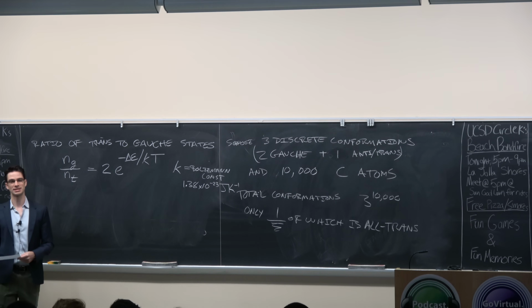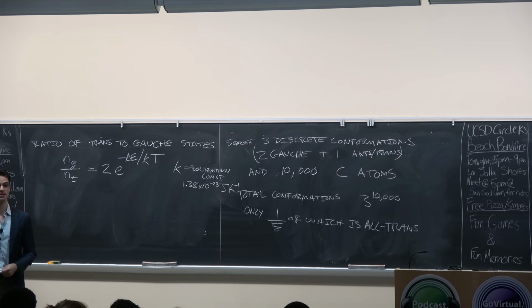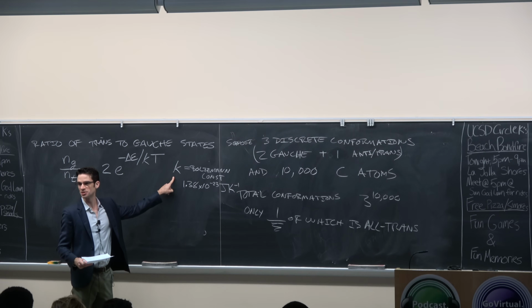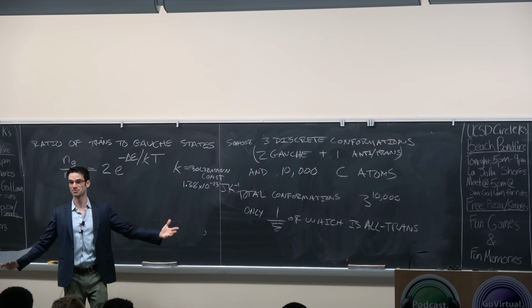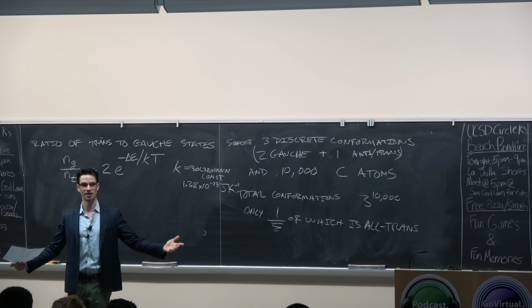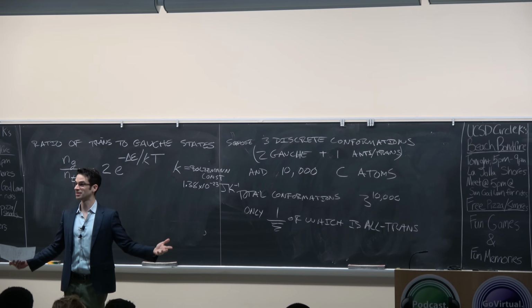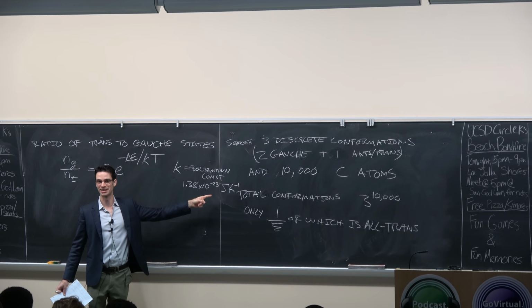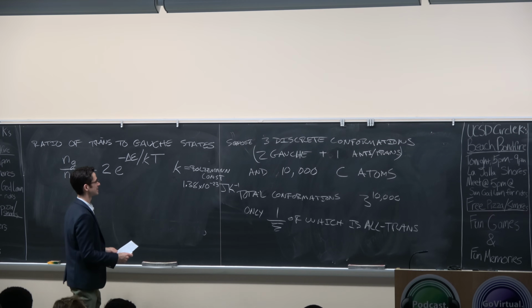Anyone know where the Boltzmann constant comes from? It's the universal gas constant. Oh, sorry, I didn't give anyone a chance to respond. The universal gas constant divided by Avogadro's number. When you see k's in equations, you're talking about molecules. When you see R's in equations, you're talking about moles of molecules. And you can usually tell because one has something to the minus 23 and something else has units of to the plus 23. So the Boltzmann constant,